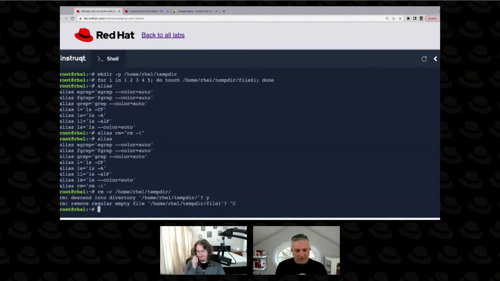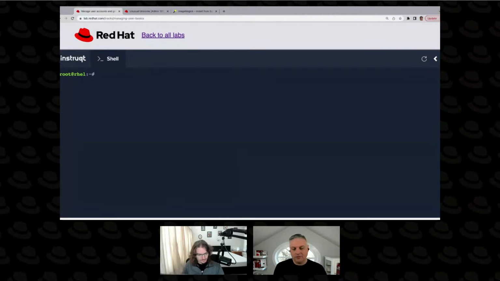So it's often the case we'll do stuff like this. So we're going to recursively remove the directory, and -f will force it. So it basically says, don't ask me any questions. Just do what I want because I'm root and I know what I'm doing. And then you have to tell it the directory to remove. So we're going to do a /home/rel